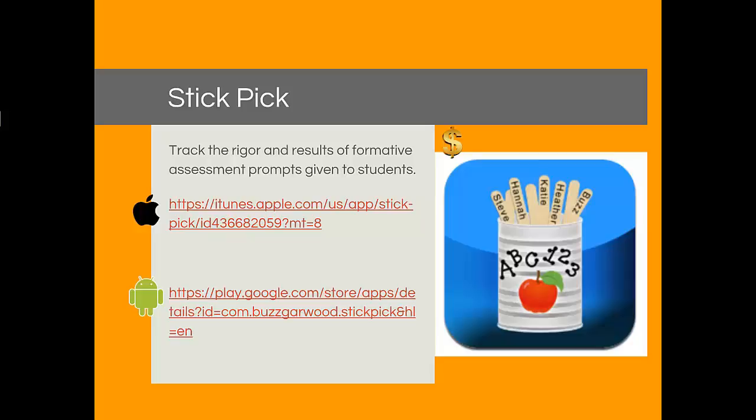You can see who is consistently scoring near the top or bottom. You can change the level of Bloom's taxonomy so that students aren't either bored or frustrated. Depending upon the student's level of English proficiency, they might be asked simple yes or no questions, or to elaborate in longer sentences. All these things are inside the StickPick program, so you can use that as a formative assessment tool.